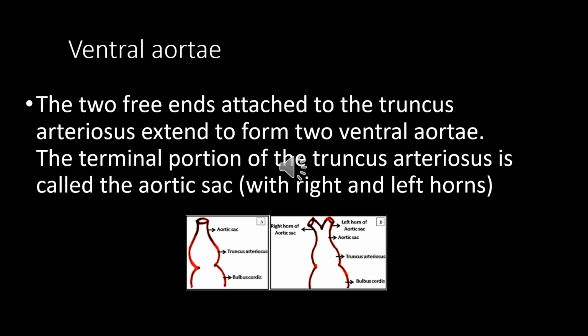So the two arteries which are springing from the truncus arteriosus, you should refer to the primitive heart tube now. We have mentioned truncus arteriosus only with two arteries, and now we will call them the two ventral aorta. And the two ventral aorta, if we trace them towards the truncus, then that portion shall be called the aortic sac. So once they are formed, these ventral aorta will be attached to the dorsal aorta by the arch arteries.